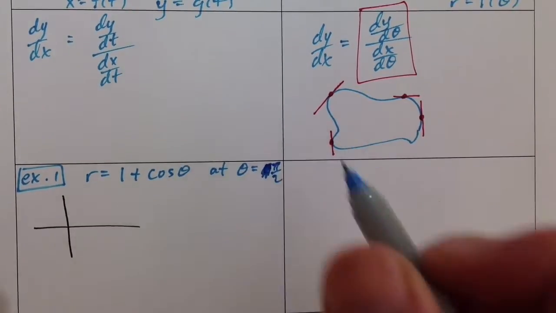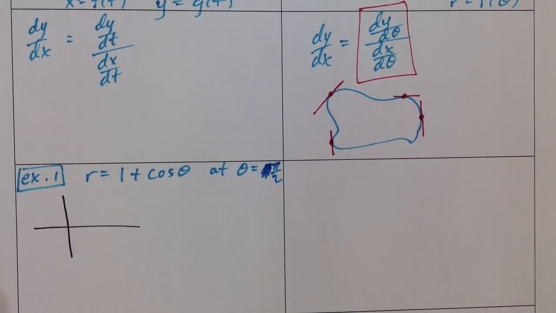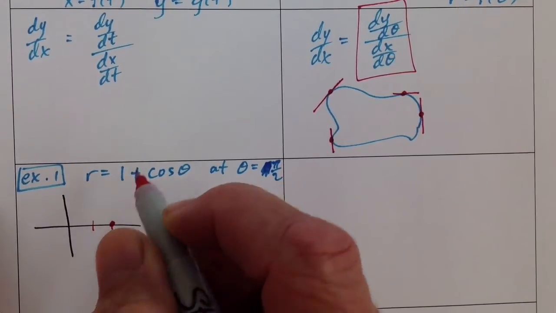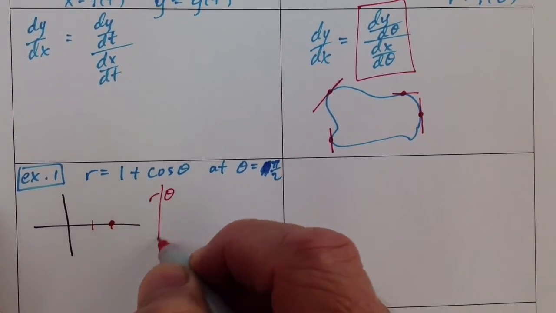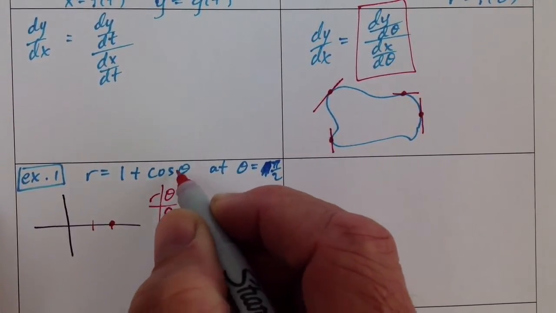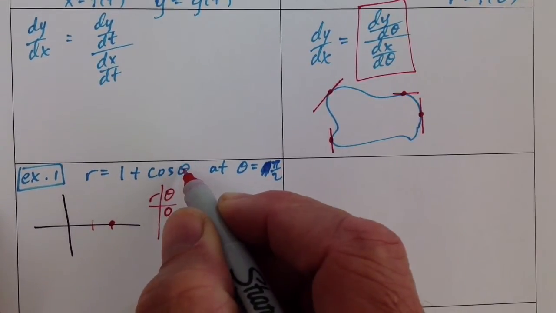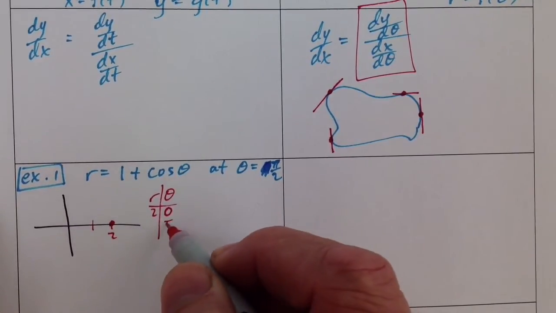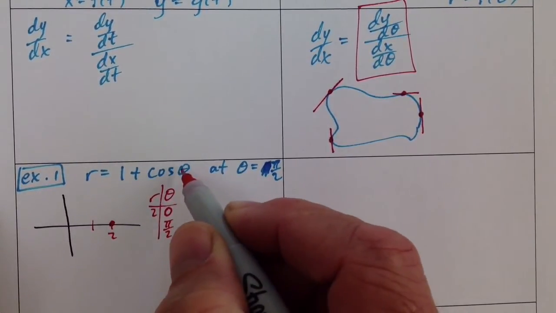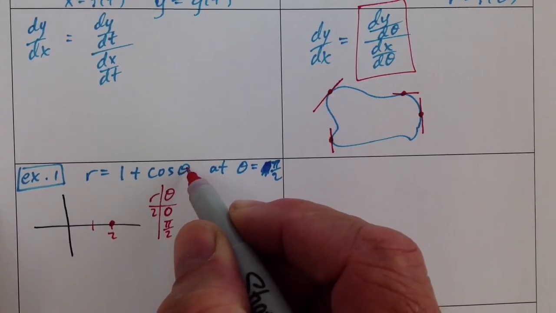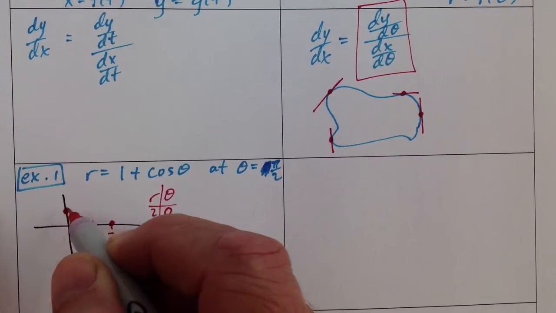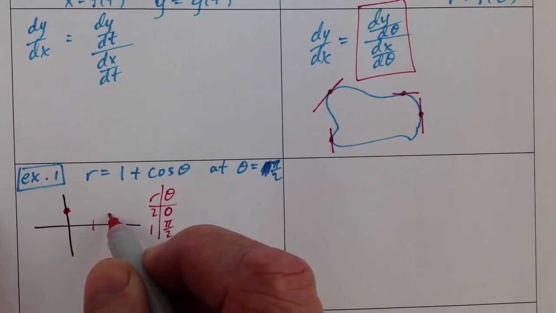Okay, sorry about that. So anyway, if we draw the graph of r equals 1 plus cosine theta, we start off here. If you do an r, theta chart, you start off with theta equals 0, you get 1 plus cosine of 0, so 1 plus 1 is 2. Then if we replace theta with pi over 2, cosine of pi over 2 is 0, plus 1 is 1, so we get the point (1, pi over 2). And then from class, hopefully you now remember